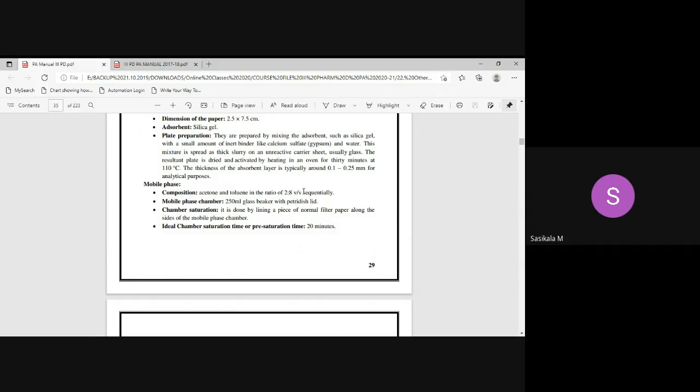According to the plate size and thickness, you can increase the volume of mobile phase in this order only. Okay, so what solvent is used for separation of sulfur drug? What sample are we going to use? Sulfur drug. For that, what mobile phase combination is used? Acetone and toluene. Acetone is an evaporating solvent, right? And toluene is non-polar. Acetone is medium polar. So according to the polarity, the solvent is selected. Toluene is highly non-polar, whereas acetone is medium polar.